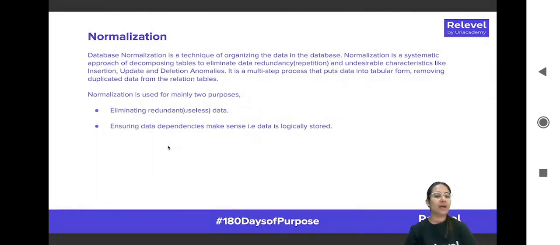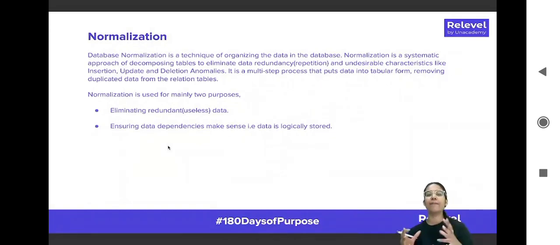Whenever we talk about database normalization, it is a technique of organizing the data in the database. It's just a technique where the data is still there which you want to keep, but it is going to be organized in a certain manner. Normalization is basically a systematic approach of decomposing tables to eliminate data redundancy. The main objective of normalization is that you eliminate data redundancy. You don't want repetitive data. So you organize the data in a certain format, you decompose or break down the tables in such a format